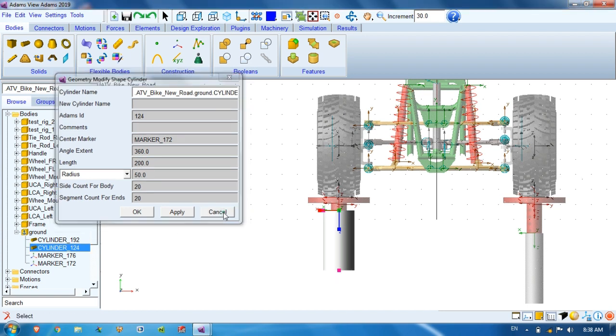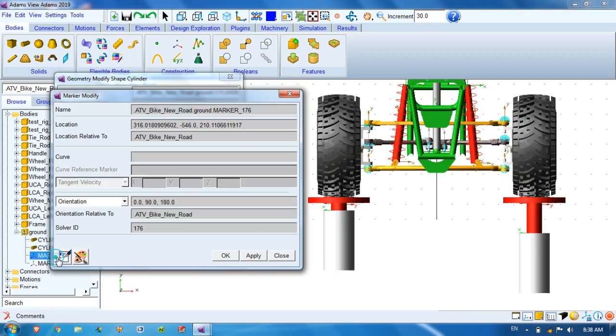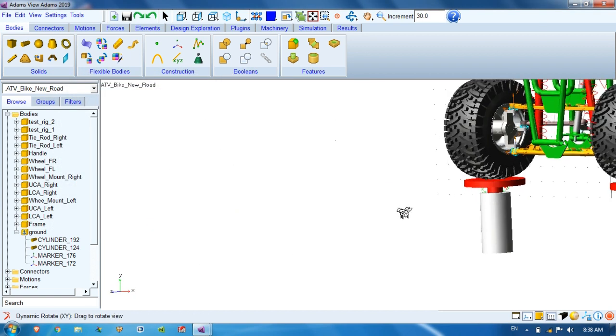Radius is 50, length is 200. So modify this cylinder: length is 200, radius is 50. Apply the y coordinate as 470. Okay, so we have created this test rig.